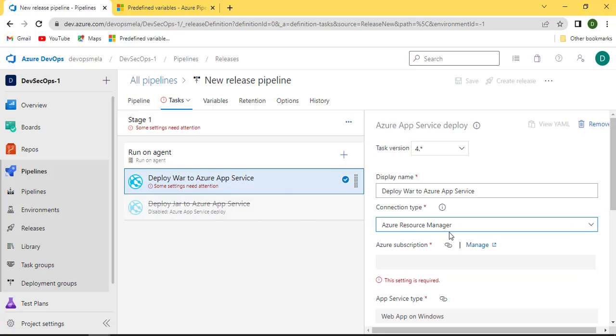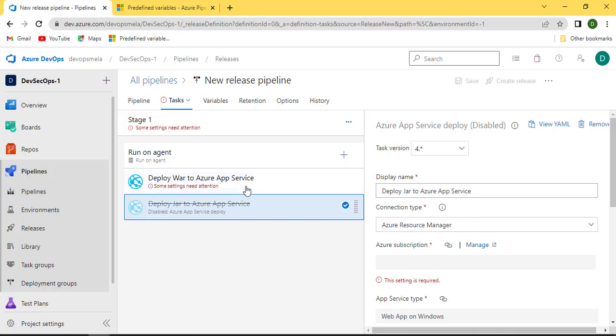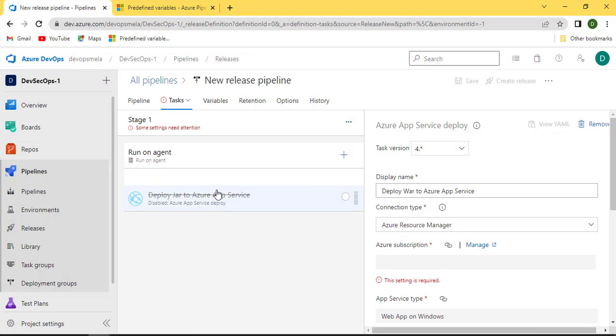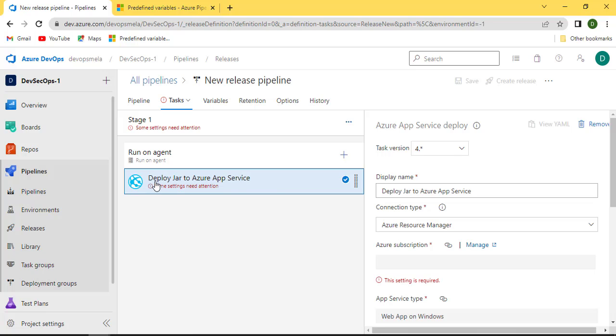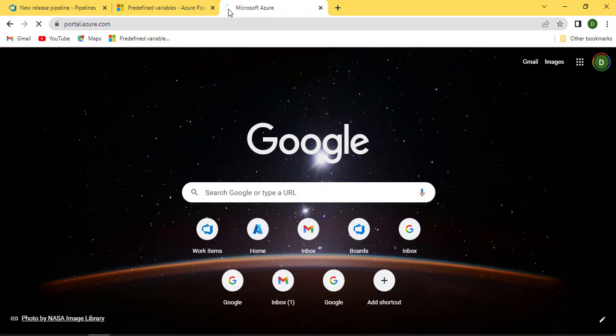Now this is for war file. There are 2 tasks, one is for war and one is for jar. So mine is jar, correct? So I'll just remove this war and just keep the jar one. Okay, now let's go and create the